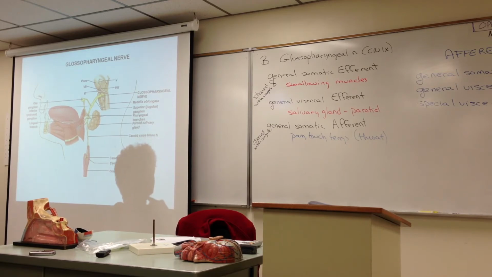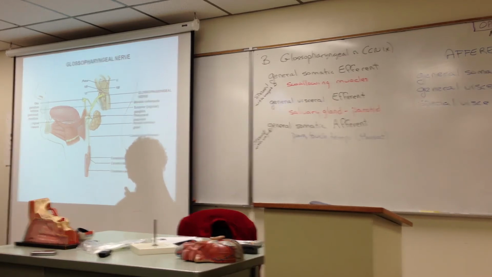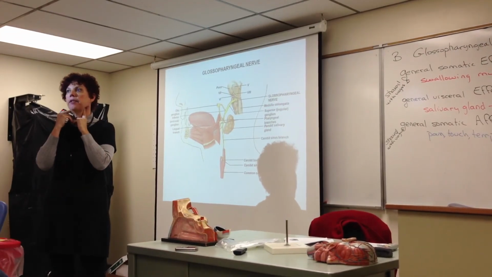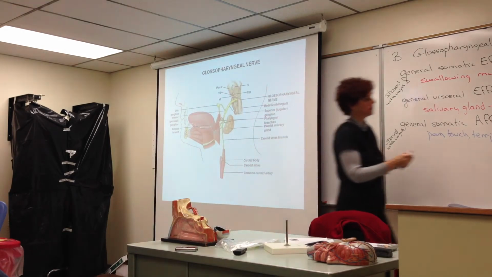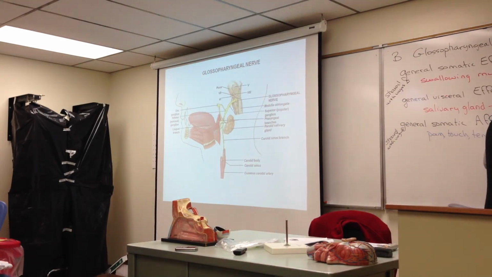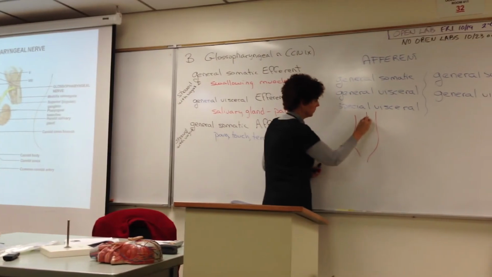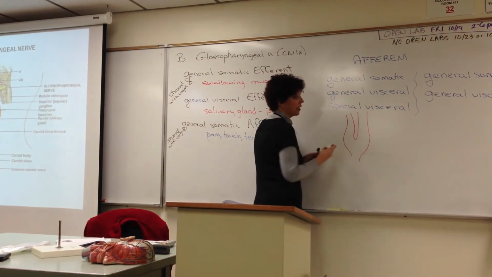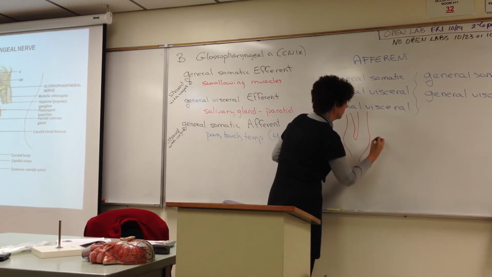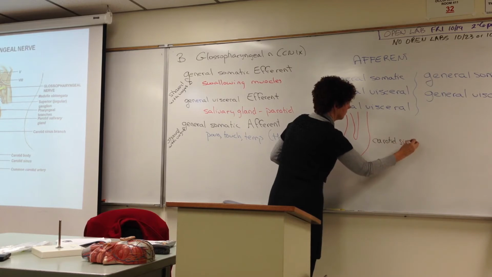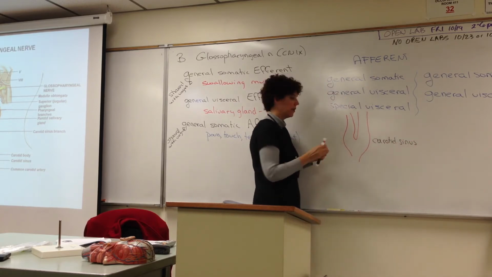And right about the level of the angle of your jaw, they divide and form the external carotid that goes out to your face and the internal carotid that goes up through the carotid canal. So at that point where they divide, there is a swelling known as the carotid sinus. And there are receptors there